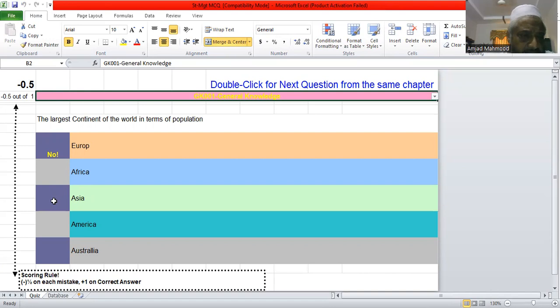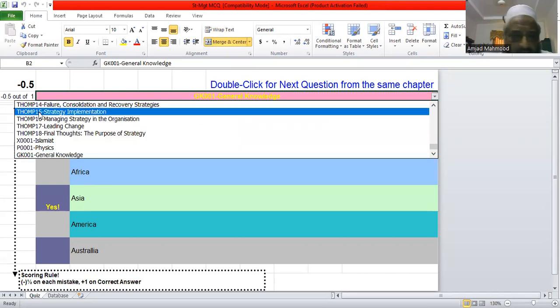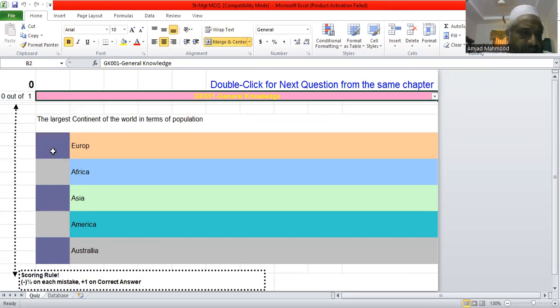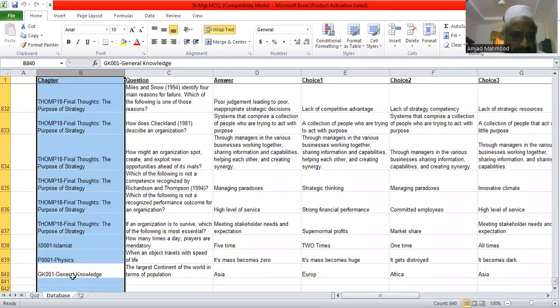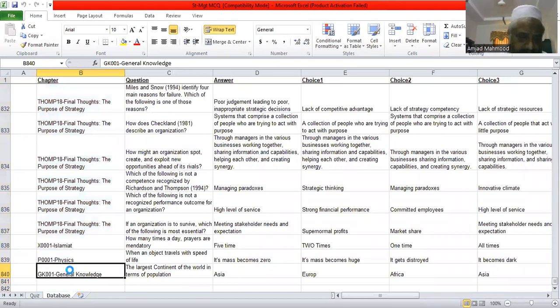And when you select another option, saying this is the right one, no mark is given because you have already failed this attempt. And when you select the right answer, you get 1. If you want to add more questions in the same chapter, all you need to do is